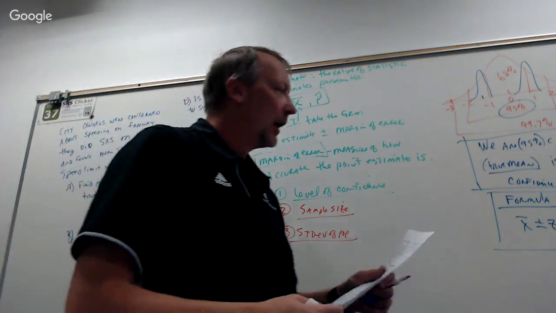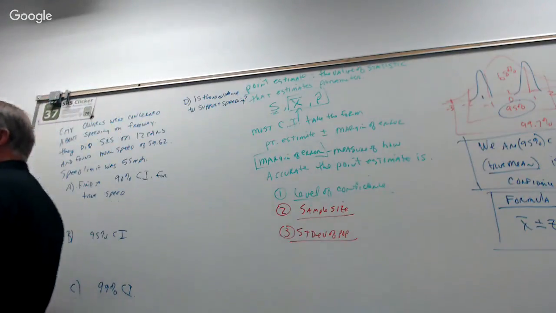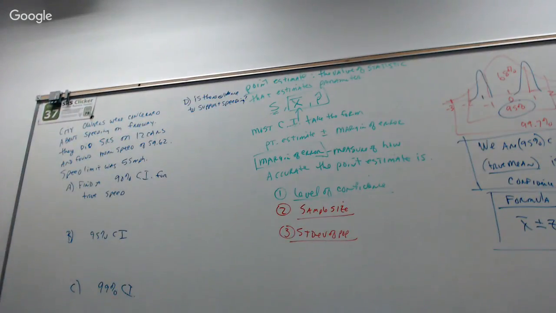Okay? All right, so we're going to use this equation here. And Robert, can you help me punch stuff into this equation? Yeah, so X bar is going to be 59.62. And then